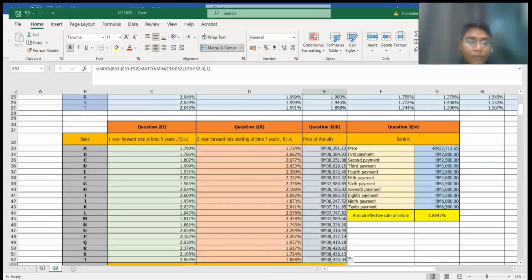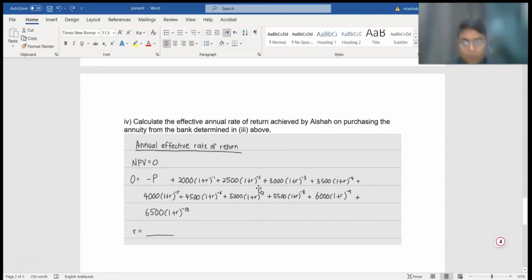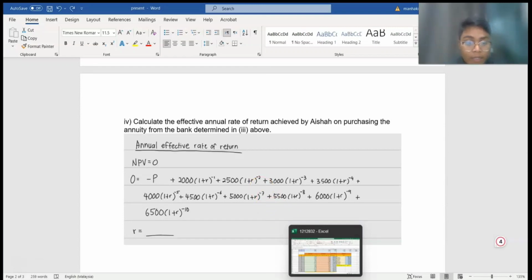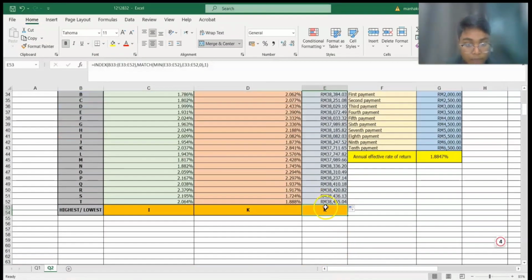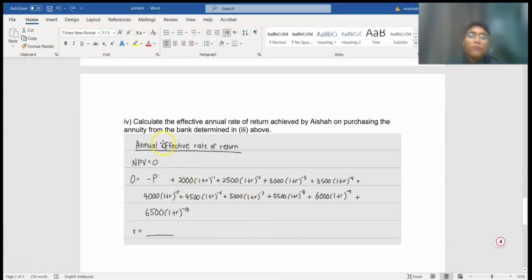Alright, for the next question, calculate the effective annual rate of return achieved by Aisyah on purchasing the annuity from the bank determined in 3 above. The bank that we determined is bank K from question number 3. So how to find the annual effective rate of return? It is actually NPV equal to 0. So 0 is equal to negative P, which is the price, and then